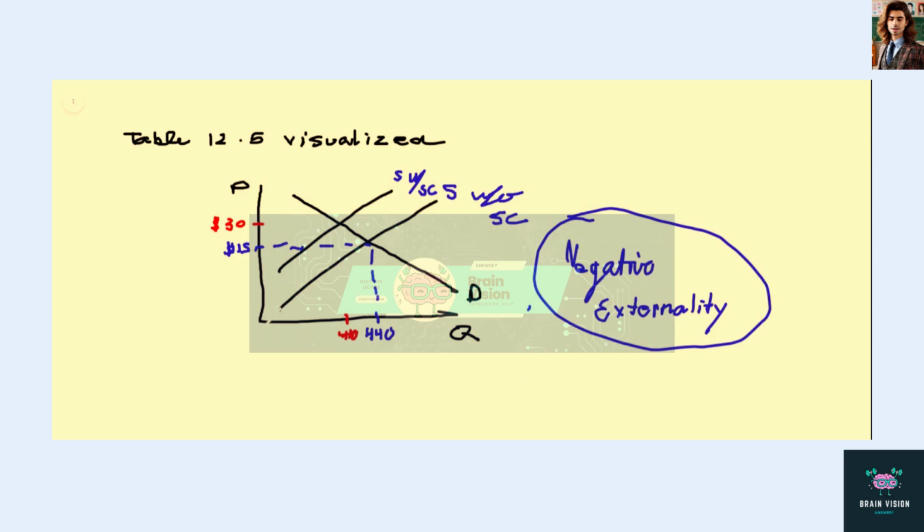And now if we want to find the equilibrium with the social cost, it's going to be at $30 and at 410 units. And this is a negative externality because it costs the suppliers more to make the product because of the additional social costs that they're incurring. And so we can label these. This is the equilibrium without the social cost. This is the equilibrium with social cost. And so that's